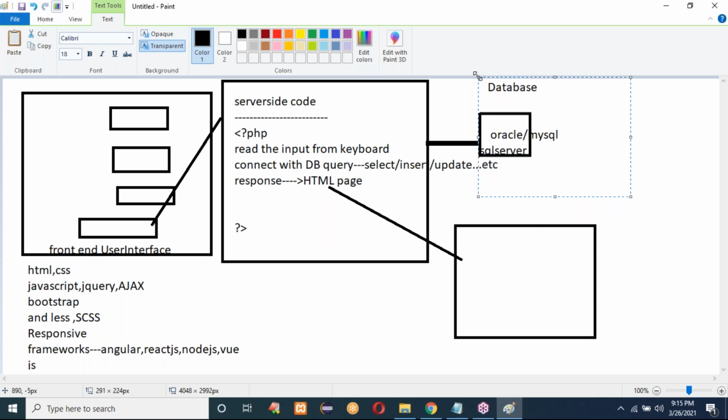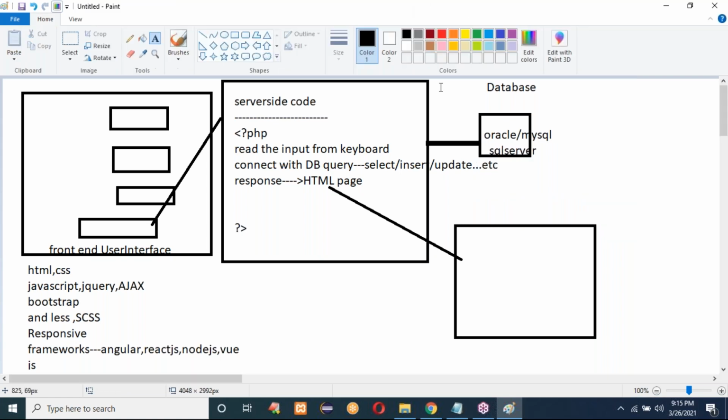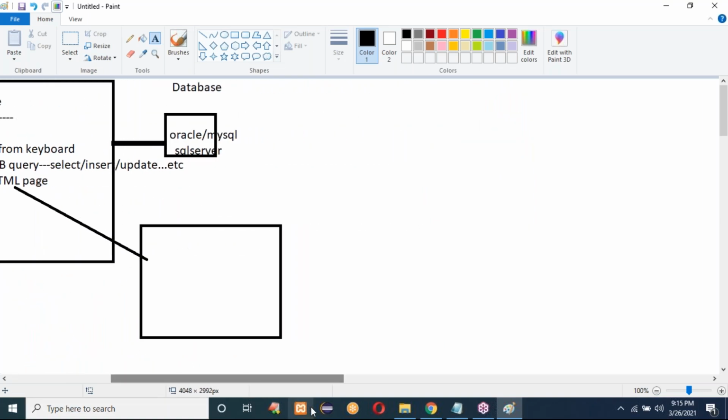Here we can develop our applications like this, using any one database. Normally PHP people use MySQL as the database. Now I want to design my application for the server code.